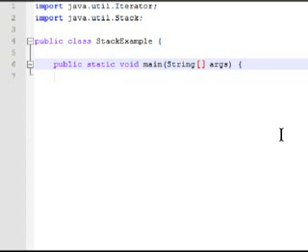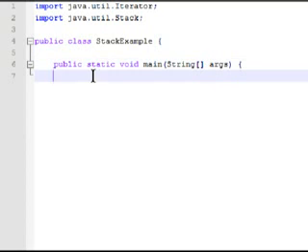To add an element in a stack, we can use the push method of stack. To get a value from the stack, it provides the pop method, and the size method gives the total number of elements in the stack. The peek method looks at the object at the top of this stack without removing it from the stack.